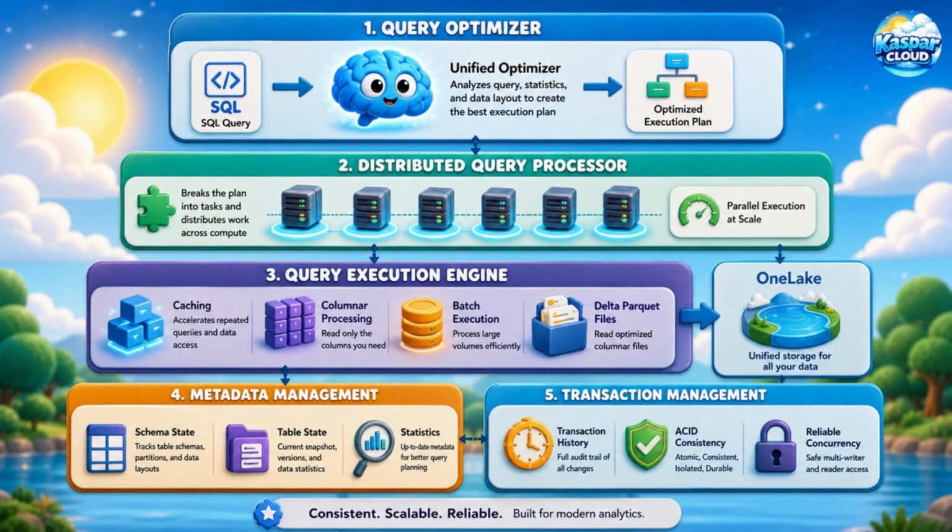The query execution engine processes Delta Parquet data stored in OneLake using techniques such as distributed execution, columnar processing, caching, and batch operations optimized for analytics workloads. Metadata and transaction management services maintain schema consistency, table versions, transaction state, and reliable ACID-compliant operations across the platform. Together, these architectural layers allow Fabric Data Warehouse to support enterprise-scale analytical workloads while remaining integrated with the broader OneLake